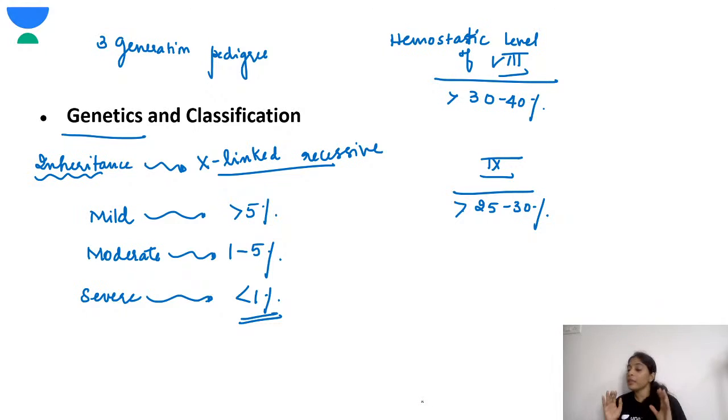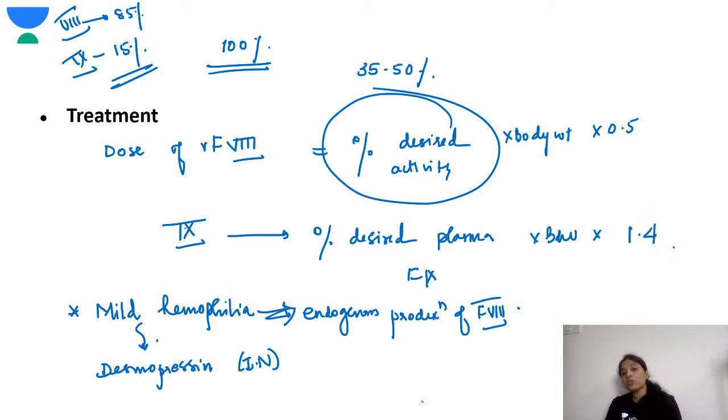Now, what is the hemostatic level? The hemostatic level is the level which prevents bleeding. For factor 8, the activity should be at least 30 to 40%. Preferably it should be 100%, but the minimum should be 30 to 40%. For factor 9, it should be 25 to 30%. So remember that. Coming to the treatment,